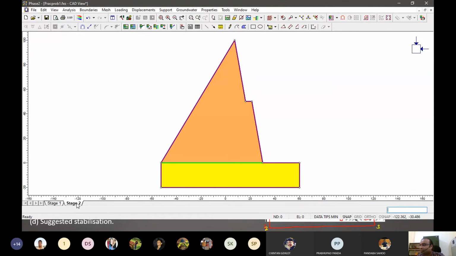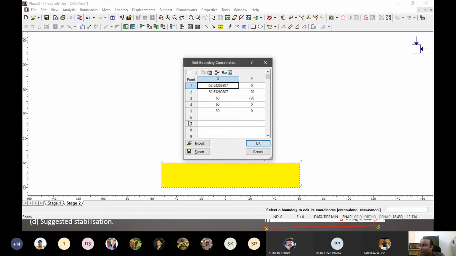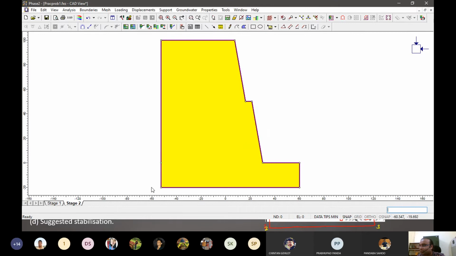So what I might have to do is, okay, let's do that. Stage 1, delete. So we are just trying to make stage 1 only the base. And in stage 2, rather than trying to find other ways, let's just paste the coordinates that we already had in our clipboard. So that's it, and put a material layer here. So that becomes easy. So we have different stages.